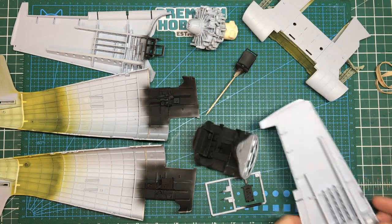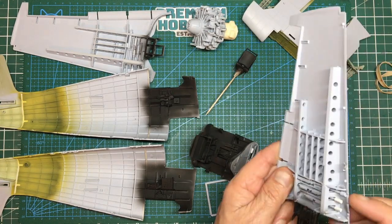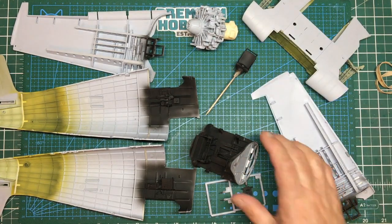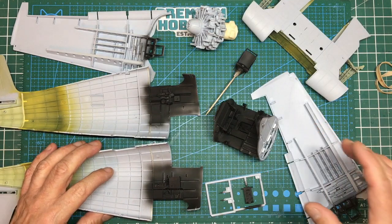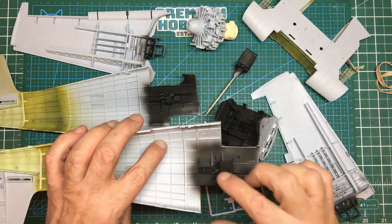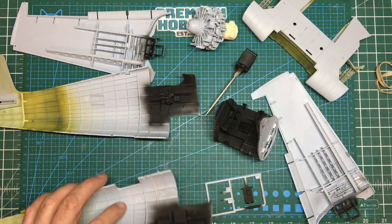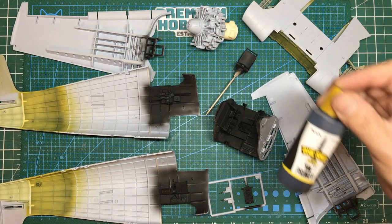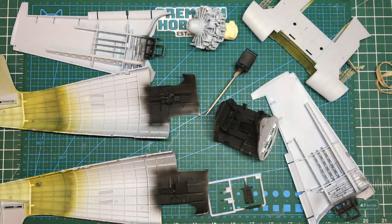In the last part, in part 6, we looked at how to make these gun barrels removable, so go back and have a look at that if you haven't already seen it. And I've literally just primed all this in black. I've had to glue all this side into the starboard side of the fuselage, and I've given it a coat of black primer, and I used this one, the Ammo by MiG one-shot primer,